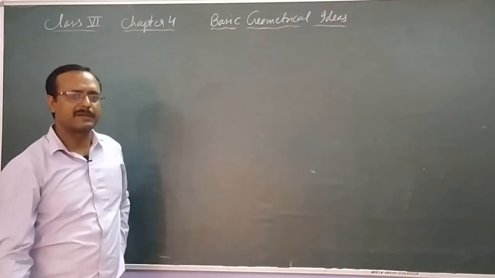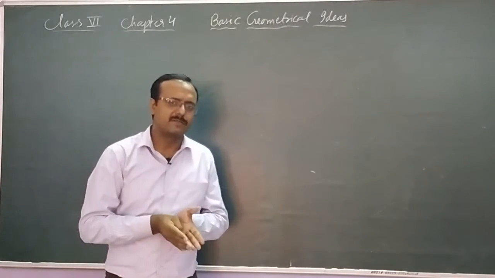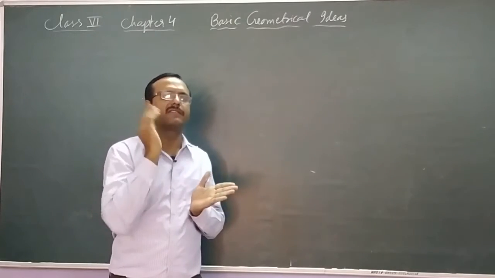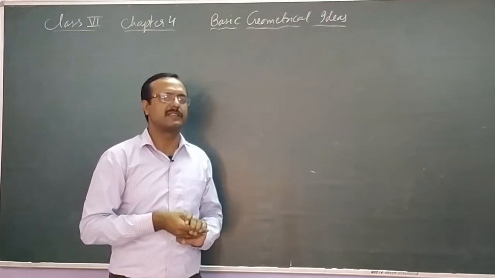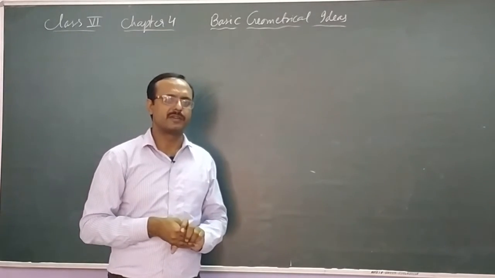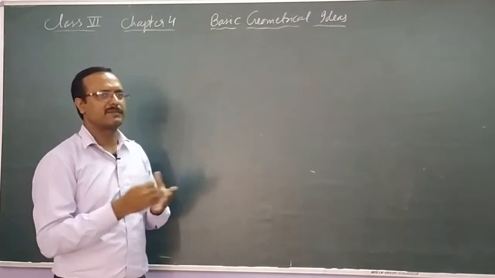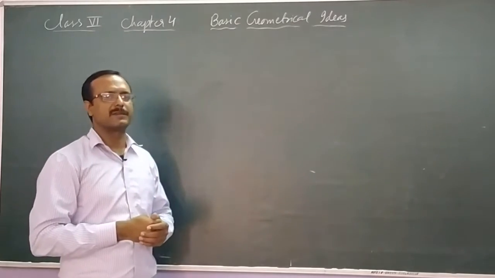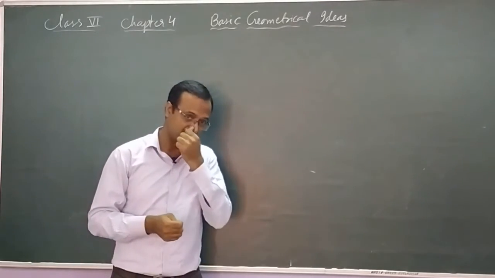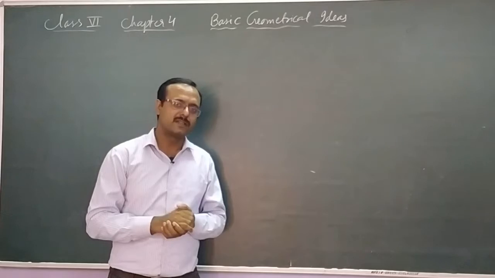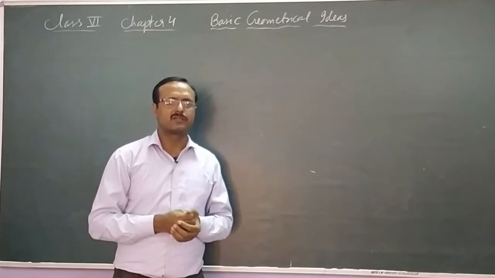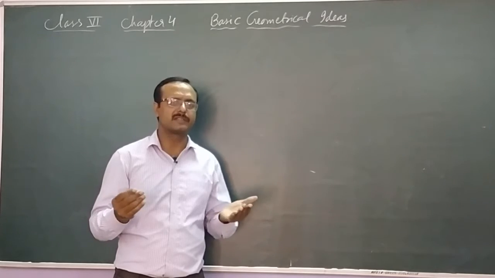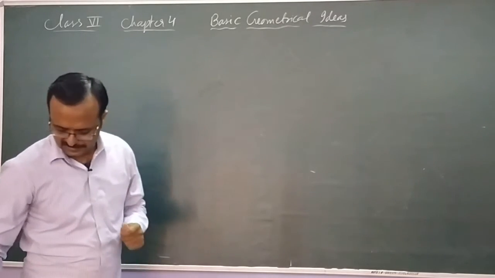A ray can't be measured because it is going infinite in one direction. So it is starting, so the starting point can be seen, but there is no ending point. Also, some examples of a ray are the light coming from a light source, such as tube lights and bulbs. You can say rays also come from the sun. So these are the examples of rays.